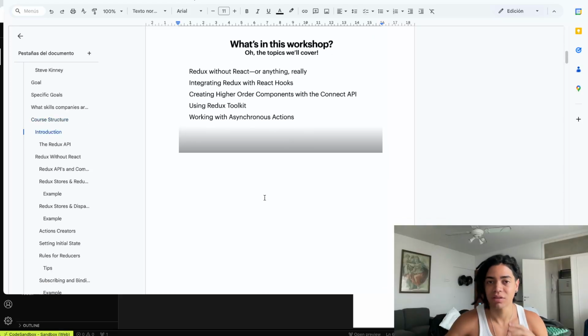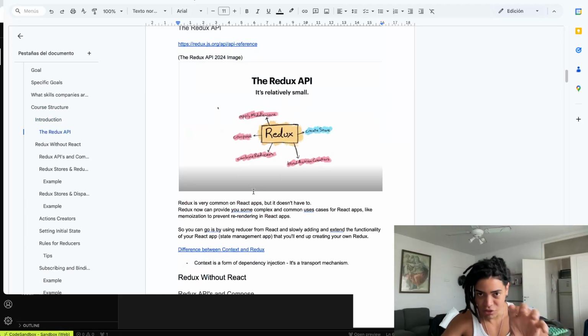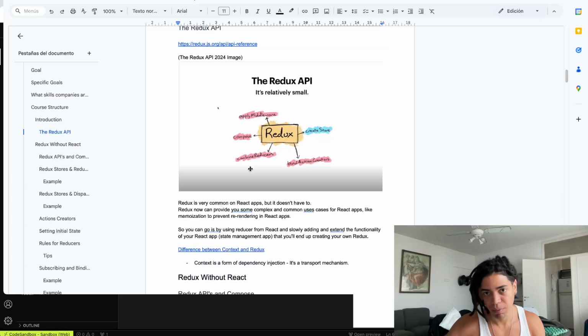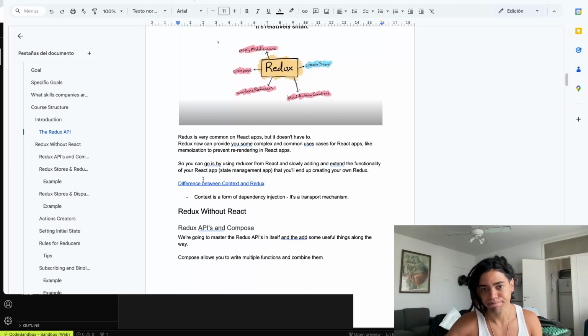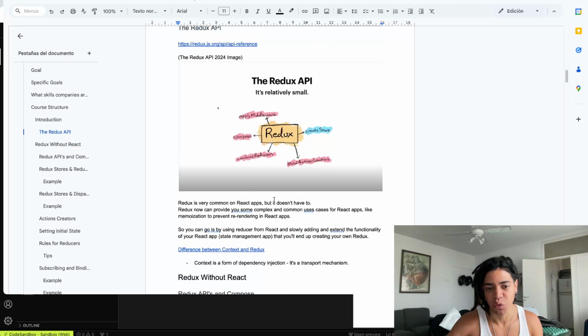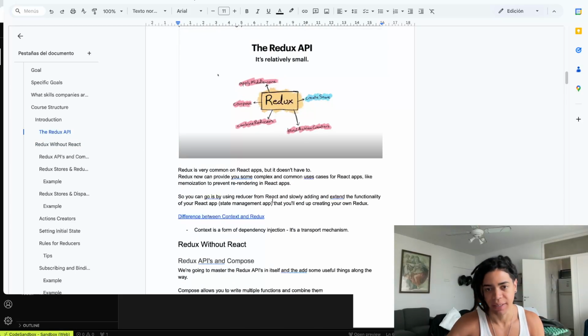So because of that, we look at what this Redux API is, which is a very minimal API, yet powerful. It not only works for React, it also works for any, as I mentioned before, any JavaScript environment where you need to manage the state of the applications, whether it's on the server or on the front end, okay? So we're going to look at how we can start to see and use that. So first things first, we'll look here,